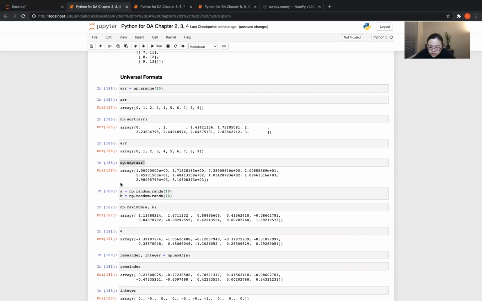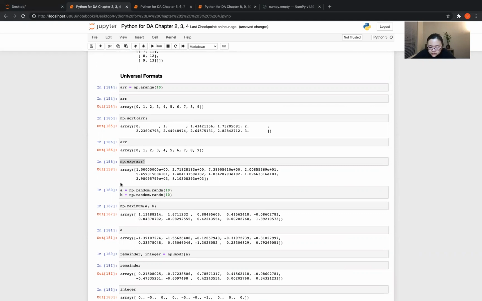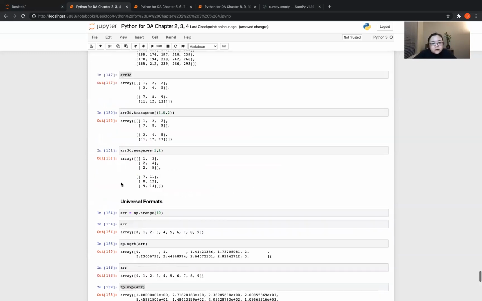So that is all about universal functions, sorry, fast element-wise array functions. There are a lot of these kinds of functions like absolute, abs, square root, square, exponent, log, sine, ceiling, and floor. There are lots of things that you can try, and I will not put them all here. Sorry,